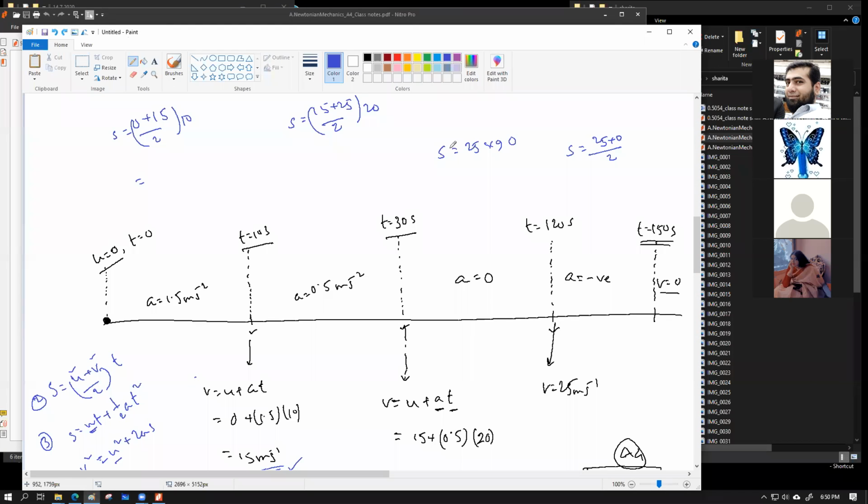Sir divided by 2 দেওয়া হচ্ছে কেন? এই যে এখানে একটা 2 আছে ওই জন্য। ও বুঝছি। * 30। সেগুলো সব ক্যালকুলেট করে দেখো কত আসে। এটা আসবে হচ্ছে 75, এটা আসবে হচ্ছে 400, এটা আসবে কত, 2250।